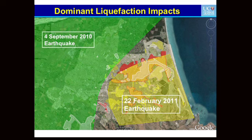For liquefaction, there are many factors affecting liquefaction, but for assessment of liquefaction, there are two features of the ground shaking that are the most important. One is the amplitude of shaking, and the second is the duration of shaking, or how many significant cycles of shaking the earthquake produced. If you combine these two into a single parameter, then you can compare the intensity of